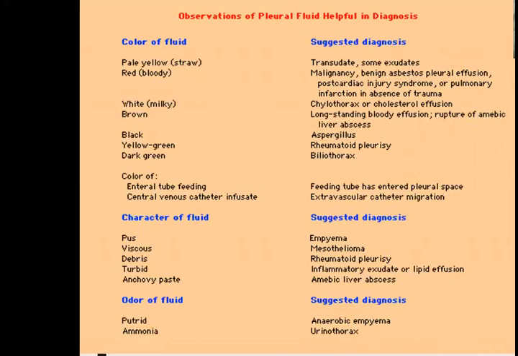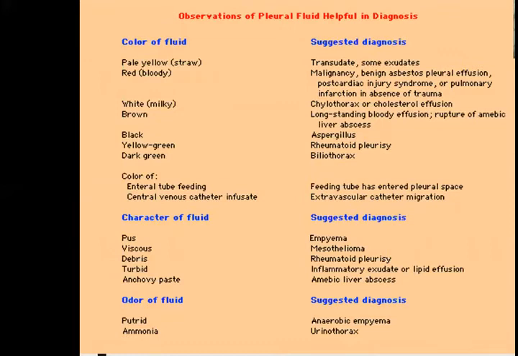A red, which is hemorrhagic, usually malignancy, but you can have it in other conditions like asbestosis, trauma, all sorts of things which can make red color pleural fluid. White or milky: chylothorax or presence of large cholesterol in the pleural fluid. Pseudochylothorax also, where there is more triglyceride in the pleural effusion. Brown color when there is a long-standing bloody effusion, and for instance, if an amoebic liver abscess ruptures into the pleural space, you will find this